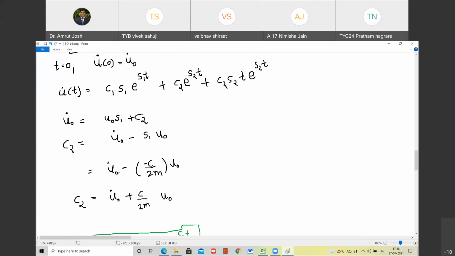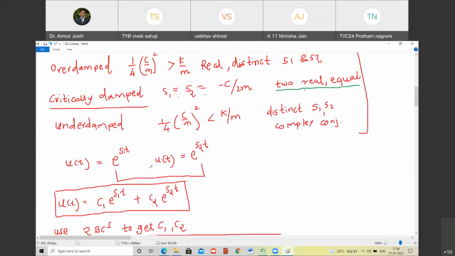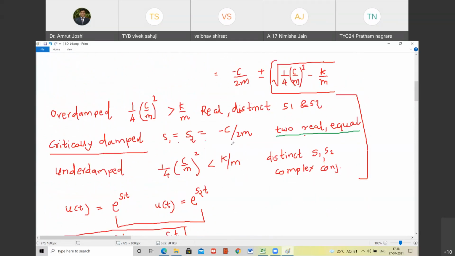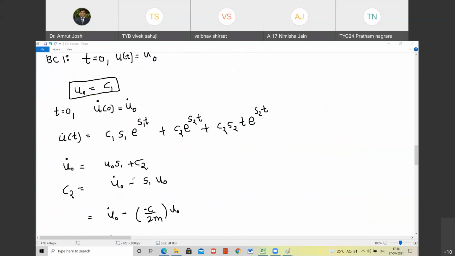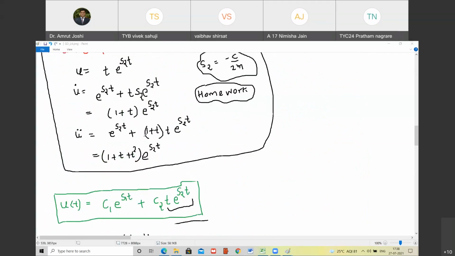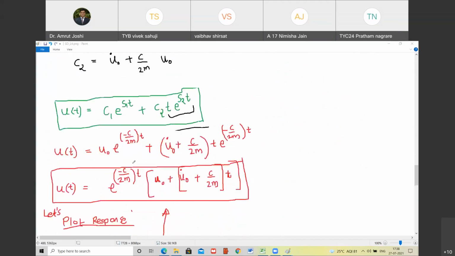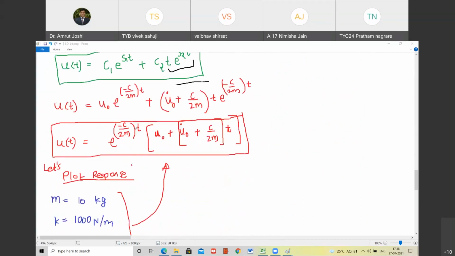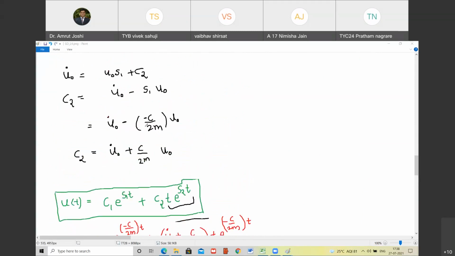So u0 dot as it is, what is the value of s1? How did we arrive at s1, minus b? That's correct. So minus 2c upon 2m, minus c upon 2m into t, plus